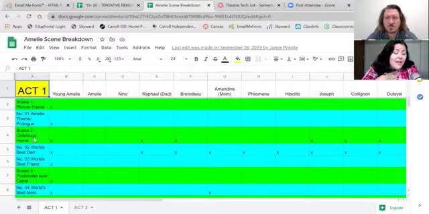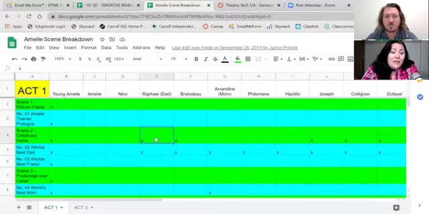If you have a show where you're doing a play that needs more people than you have actors, you want to do that, and you want to make sure that they have enough time to change clothes, that they have enough time to change their look if you want them to come on as someone totally different.